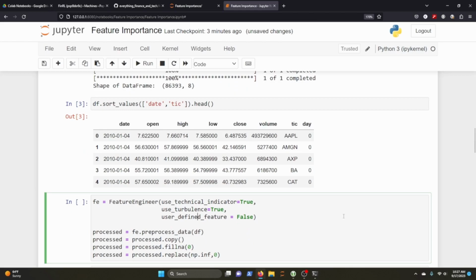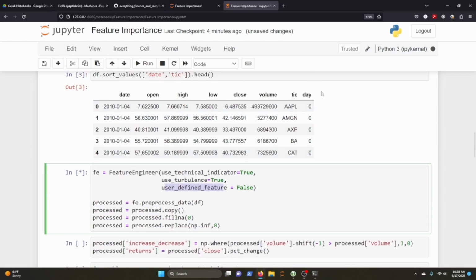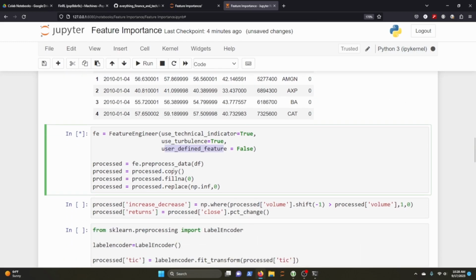So I'm going to go ahead and run the features engineer as well, considering we use this to pass through our reinforcement learning model. And that's just going to add technical indicators. It's going to create a turbulence index. I still haven't played around with this user-defined feature, but I'm assuming that you can define your own features here, pass it through here, and the feature engineer will go ahead and merge your other features into the one data set called processed. It makes a copy of that and fills in the